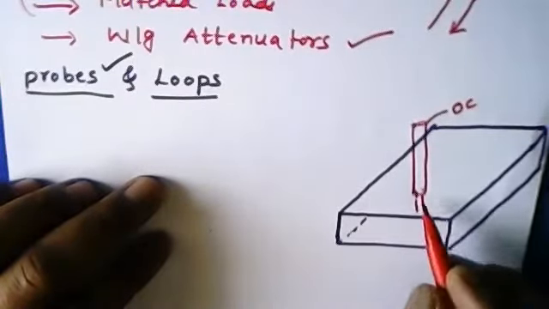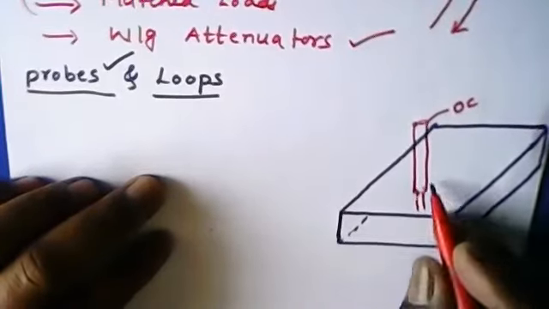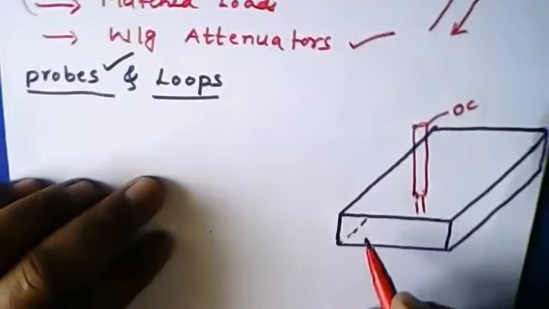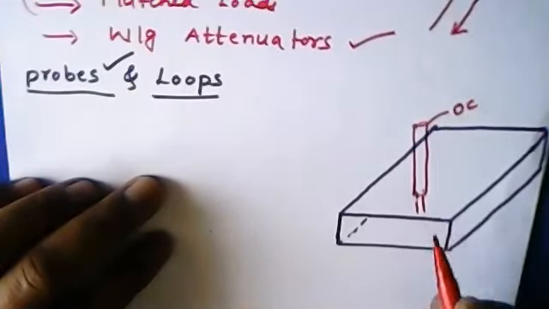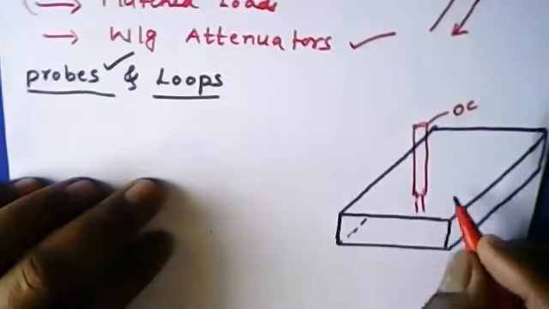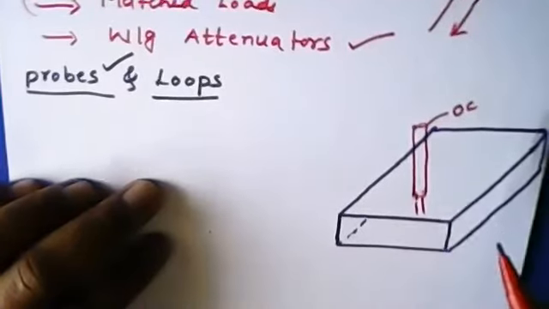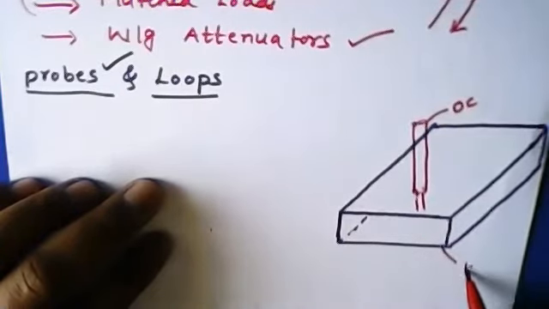Okay, so you can see that it is not placed in this particular direction. I'll be giving the reason why it is placed in this particular direction and at what distance it has to be placed. If there are some conditions, we cannot place this coaxial cable just like that. We have to place it at some restricted dimensions, only then can it excite or transmit the signals. And this is the waveguide we have.